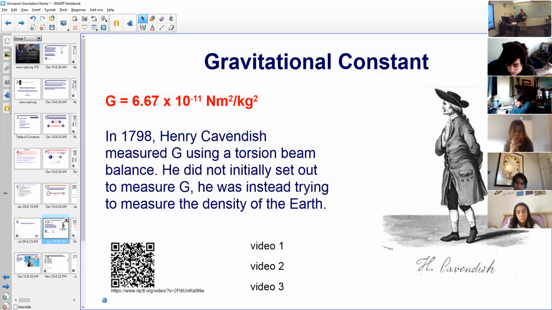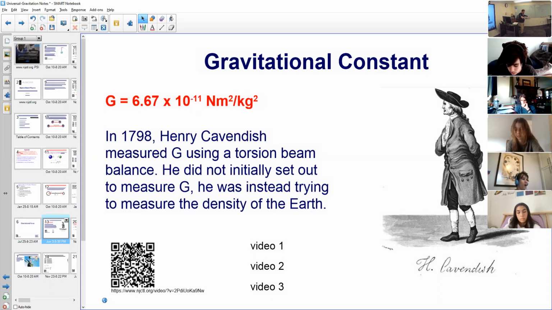he figured it out. He had these huge metal spheres. He put one of them fixed to the floor that wouldn't move. And then he had two other ones hanging on a beam from the ceiling. And it was on a pivot point, so it could spin. And it just could rotate. And his idea was, well, if this one's fixed on the floor, and these are like several 100-pound spheres, like really massive,